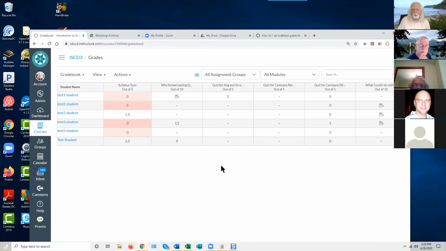Where do the columns come from? Well, yes, good question in the chat tool here. Student names are automatically populated into the gradebook. They automatically appear there when the student is enrolled in the course and accepts the enrollment, or in your case, students are automatically populated from Peoplesoft. You don't have to do anything to make that happen. That occurs automatically, and they automatically appear in the gradebook until they drop. And if they do that, then they disappear from the gradebook